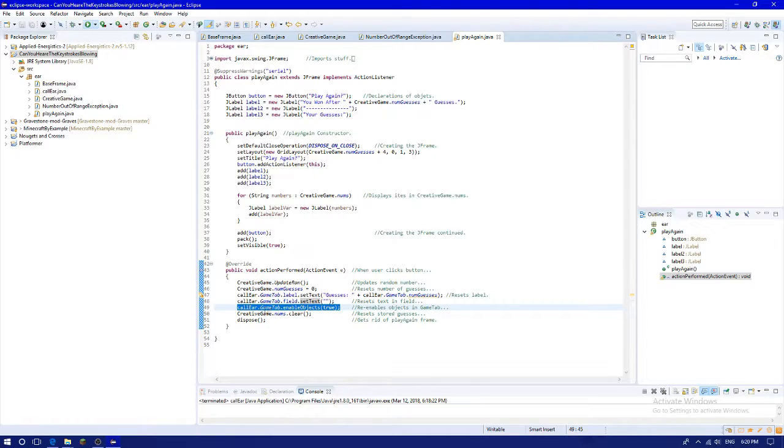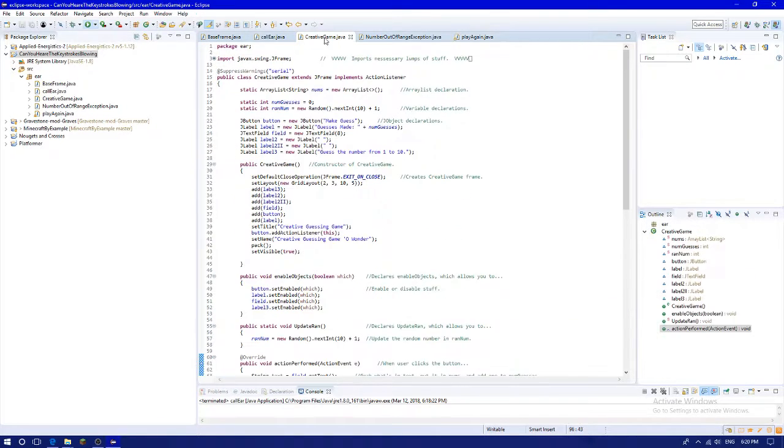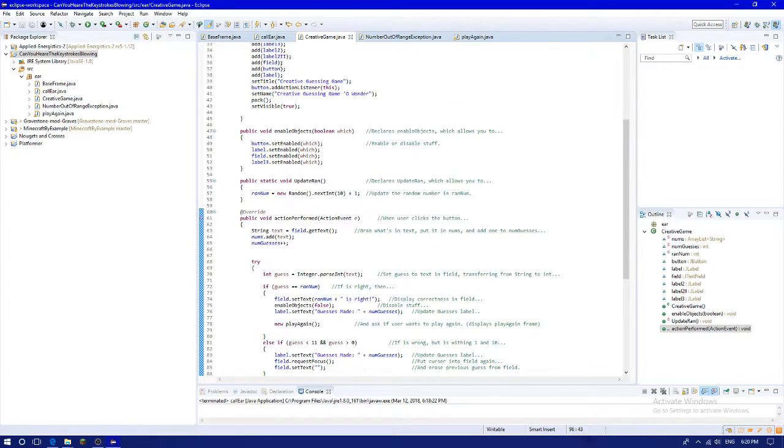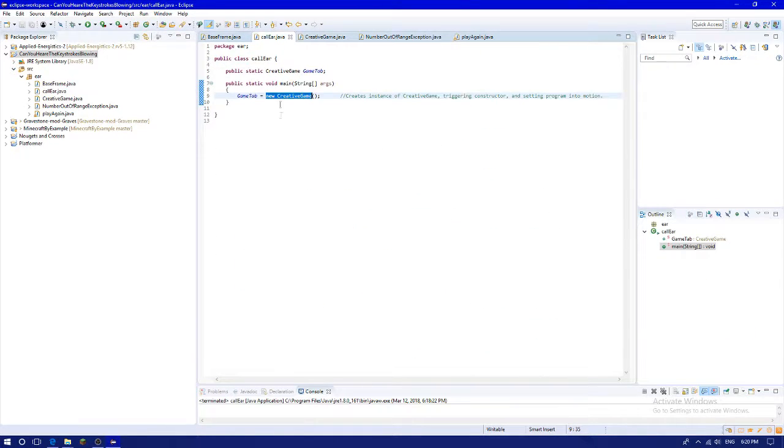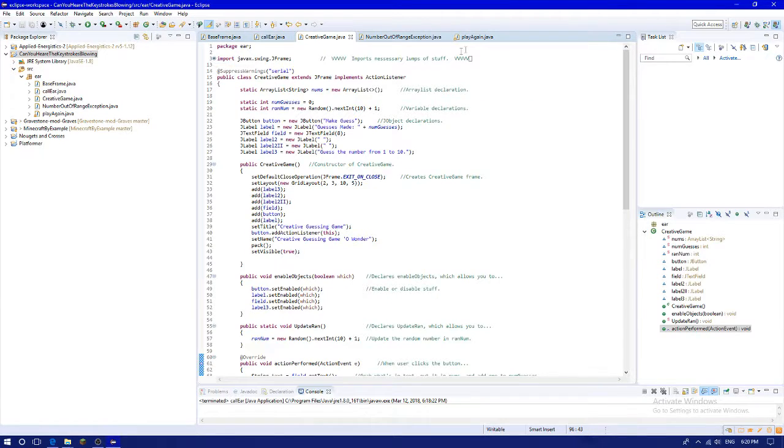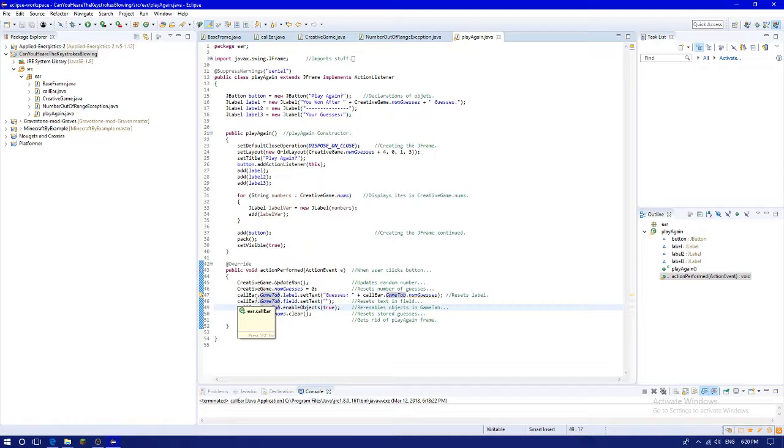collier.gametab.enableObjects true. See this? You might think that we'd reference stuff in the creative game tab via creative game. However, that's not the case, because if you see over here, we are creating the game tab of type creative game, in the collier function. So the variable is stored in collier, or that's where its hierarchy resides, not in creative game. So that's why we're doing collier.gametab.field.setText and .label.setText, etc. instead of creative